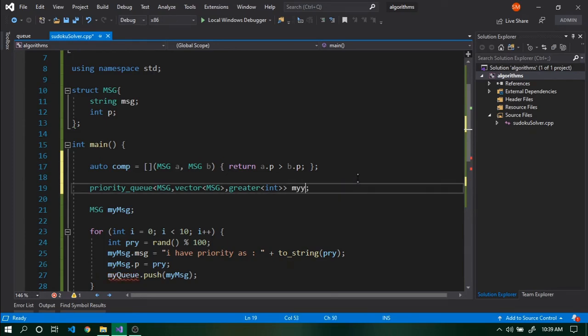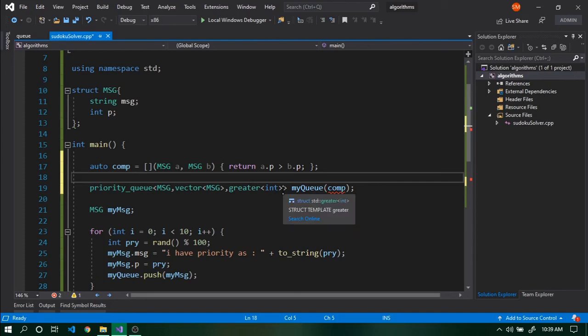Of course we will have my queue, but we will pass our comparator function here. But it's still not enough. We have to define the type of our comparator function here, the templated type.